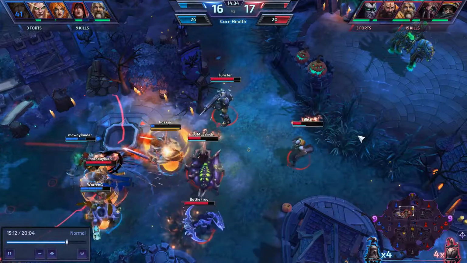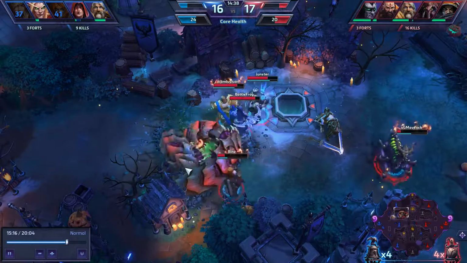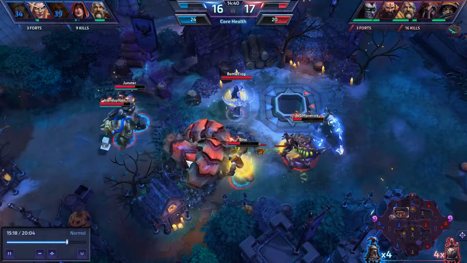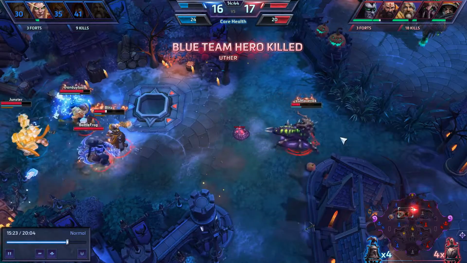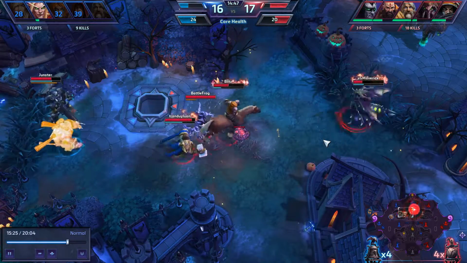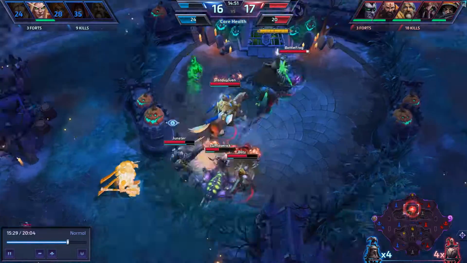taken out with a huge burst damage from the red team. Sonya with low HP, but doesn't make it so much from Raynor shooting her down, and then unfortunately 2 blue heroes get caught, and this is going to be a very huge turning point for the red team for taking down 4 heroes with 0 casualty. So of course, what normal